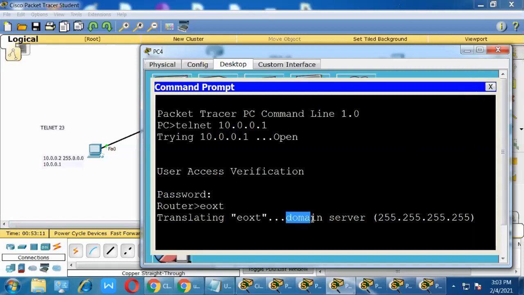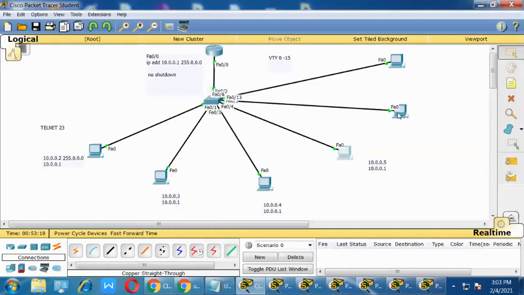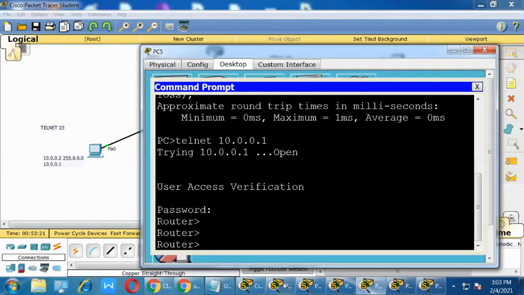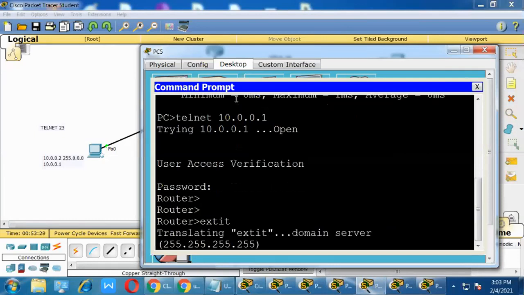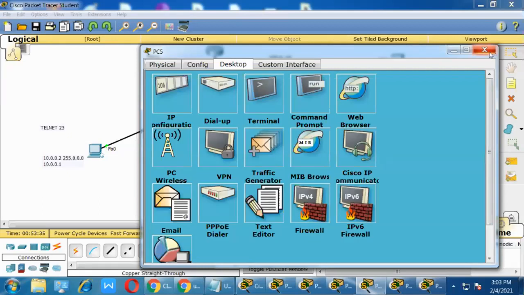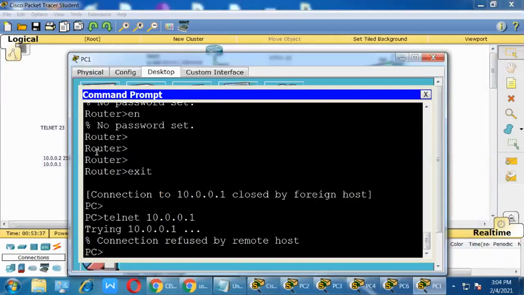Either DNS, so broadcast, this is the broadcast address. He's checking the broadcast for any server, to find out the server. Okay. Oops, sorry, again. Now telnet